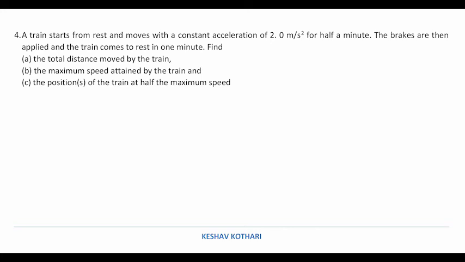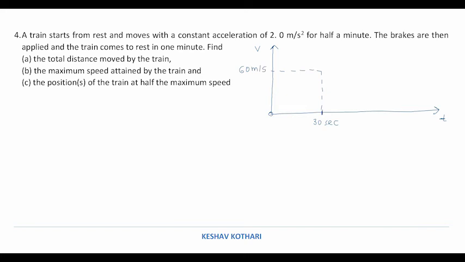We can understand this graphically. So let us draw a graph for this particular motion. The acceleration is constant, so the velocity will go on increasing. So we begin with the zero velocity. This is the v-t graph which we are drawing. And it is accelerating with 2 meter per second square for half a minute. So half a minute can be written over here as 30 seconds. And in 30 seconds, it has attained a velocity of, initial velocity is 0, so we just need to multiply a into t. That is 60 meter per second.